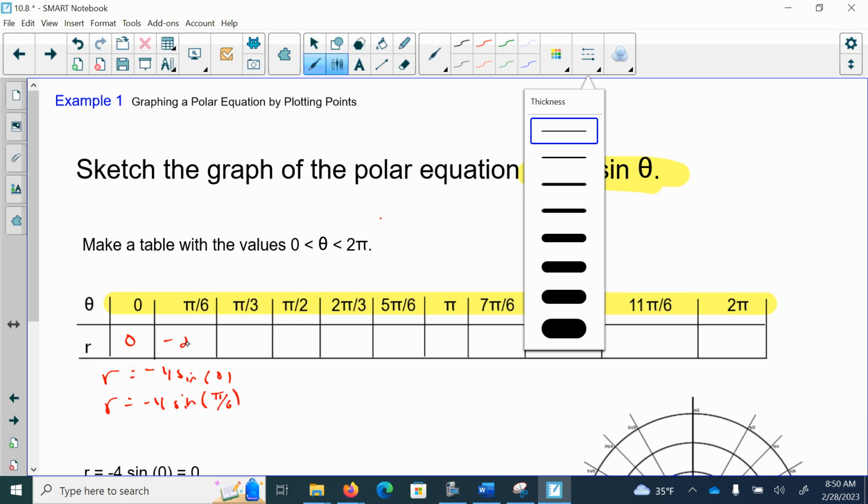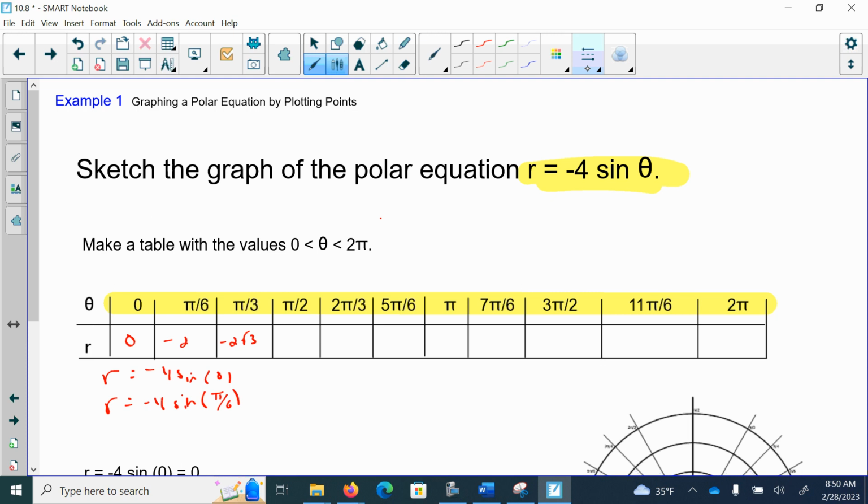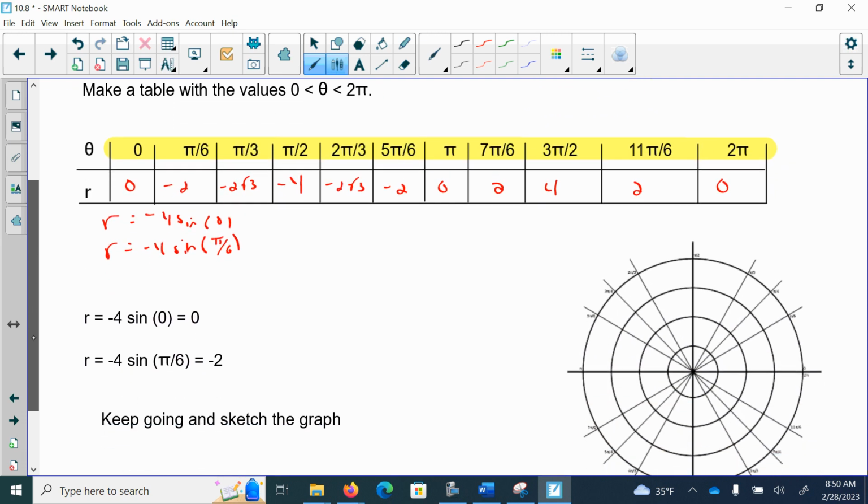So when I get to pi over 3, the sine is square root of 3 over 2. Multiply that by -4, I'm going to get -2 times the square root of 3. The sine of pi over 2 is 1, so this will be -4. Then -2, I'm going to keep on filling these values out. So I fill those values out, and now I'm going to sketch my